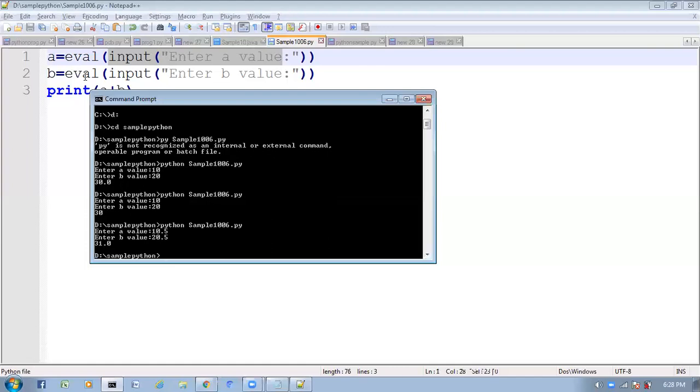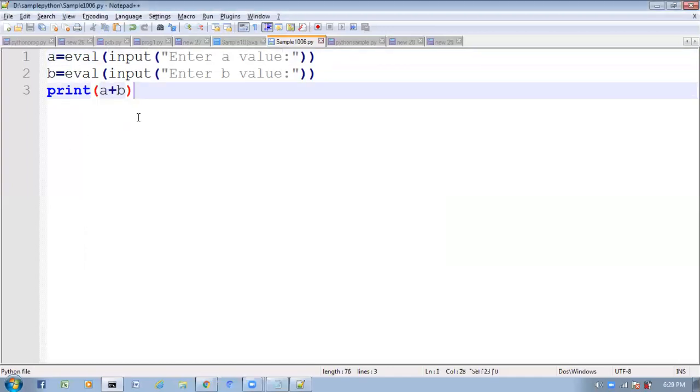Clear? If you do not use any typecasting functions, int, float, eval, all these things, the input function will treat everything as a string type only. Whatever data you entered, it will treat as a string only.